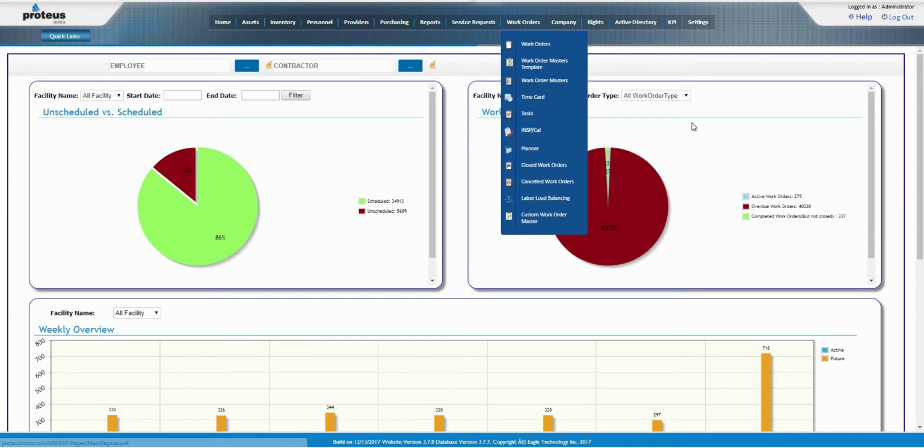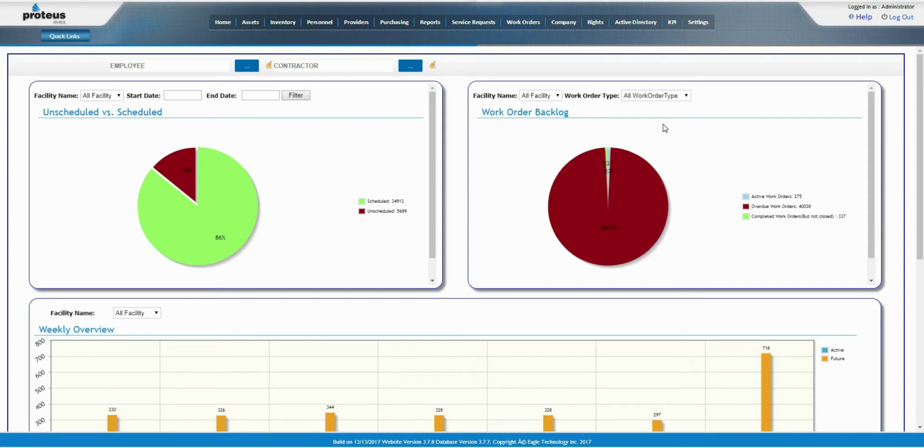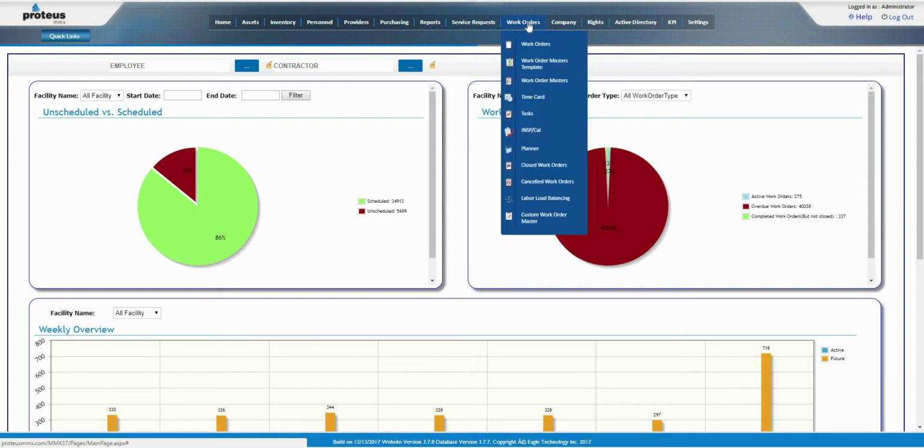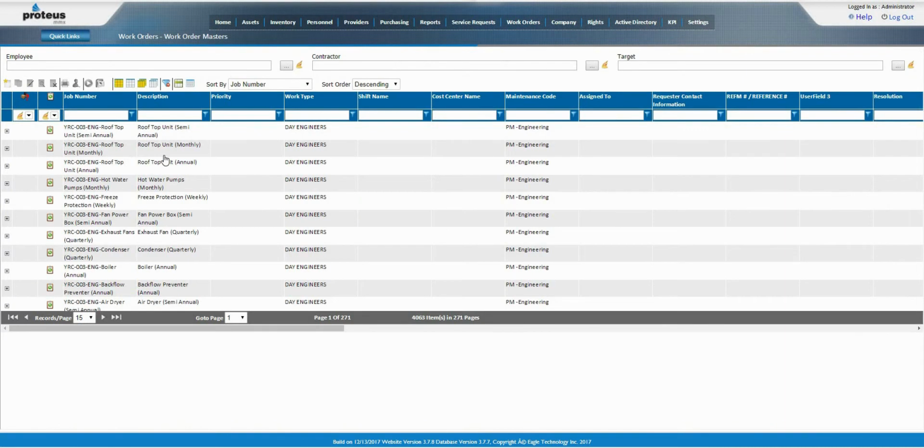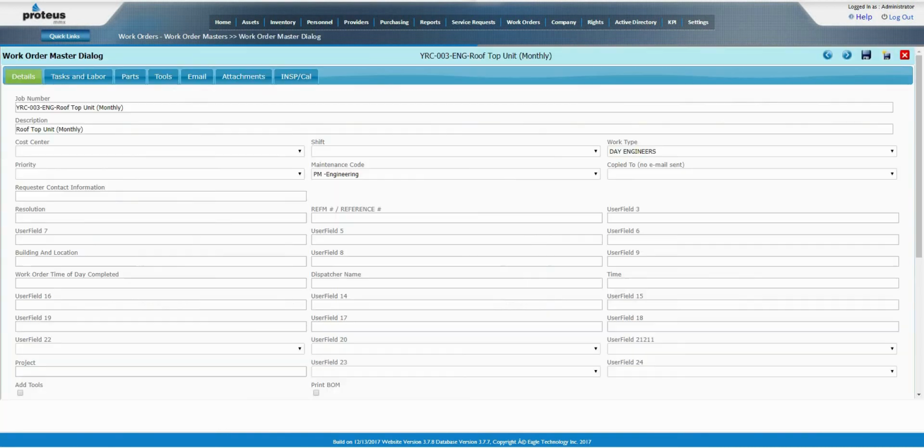To access the Inspection tab, you will: 1. Go to the Work Orders module. 2. Click on the Work Order Masters from the drop-down menu. 3. Click on the new icon to create a Work Order Master. 4. Once you have created the Work Order Master, click on the Inspections tab located to the right